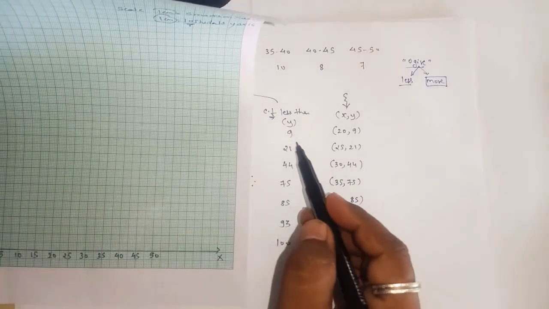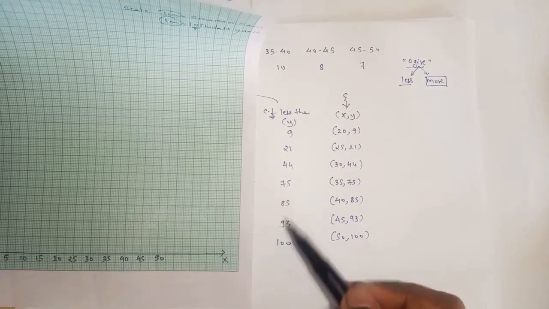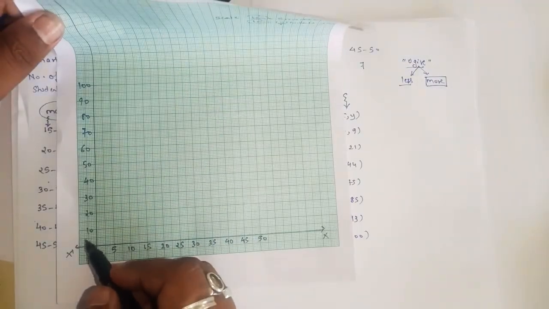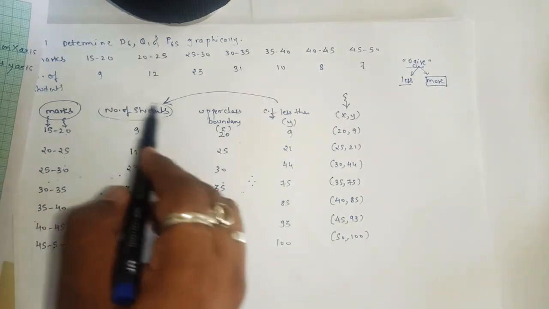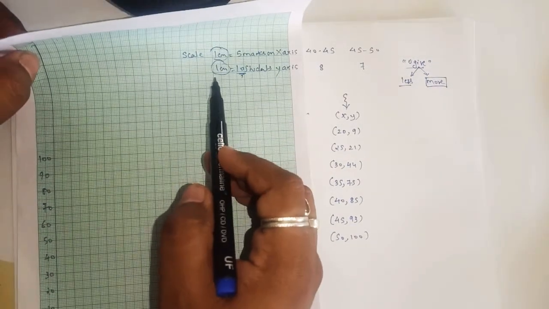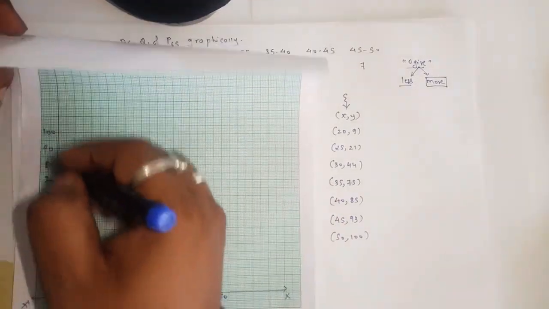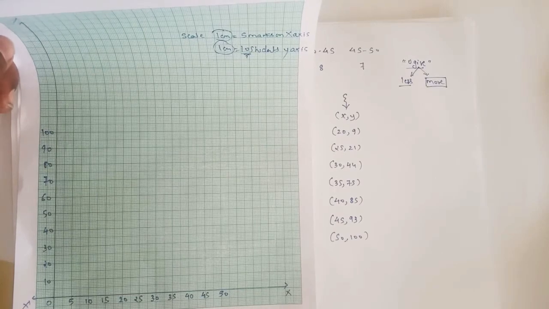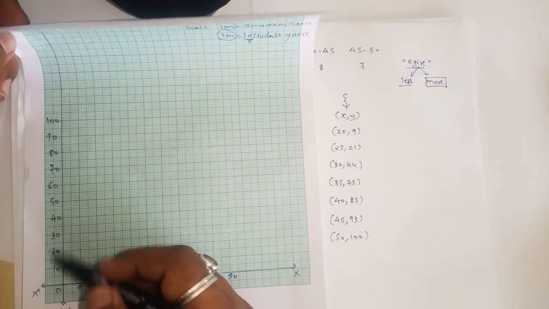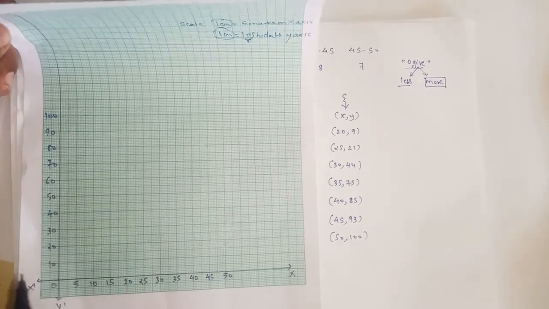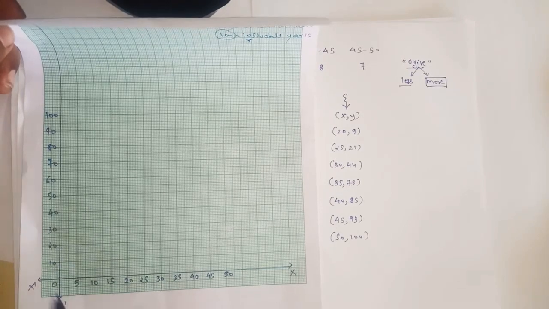as here clearly we can see that the numbers are 9, 21, 44, 75, 85, 93, 100. So here we'll take 1 centimeter equals 10. As cumulative frequency is the number of students, while writing here you will write 1 centimeter equals 10 students on the y-axis. Yes or no? Here it is up to you, you can take 10 also, you can take 5 also. But for this sum I will consider 1 centimeter equals 10 students on the y-axis and 1